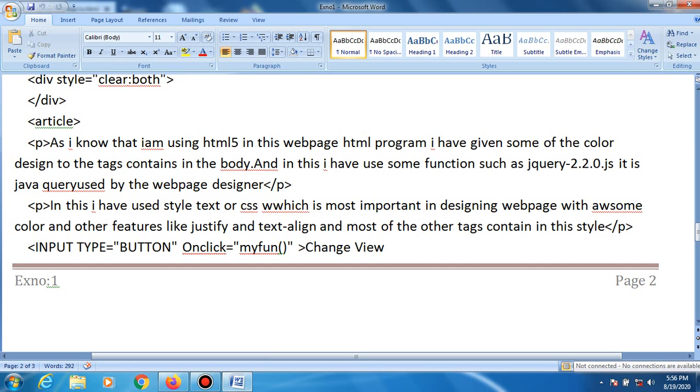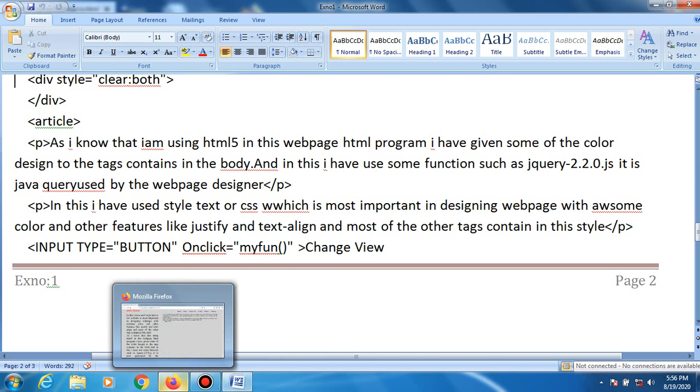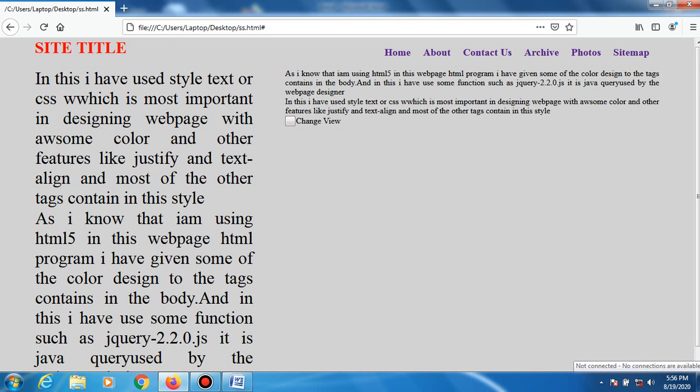You may write an essay or a paragraph or your own letters. Here are 2 paragraphs, as I know HTML5, the first paragraph and the second paragraph.